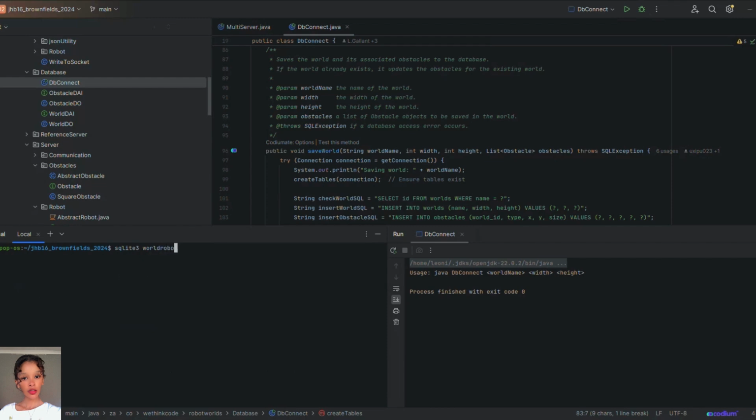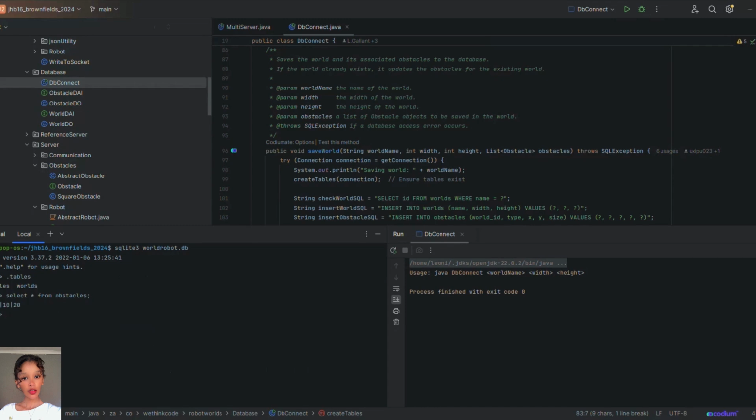World robot is the name of our database, worldrobot.db. Right now we will be checking our tables. We can see that we have obstacles and worlds within our tables. Let's check what obstacles has. We can say select all from obstacles,